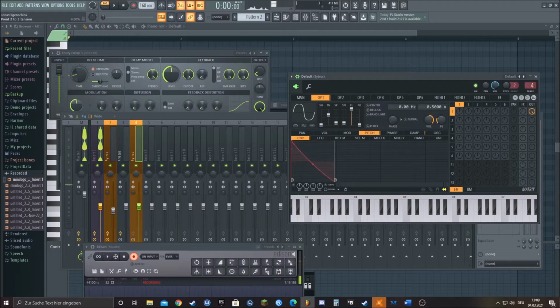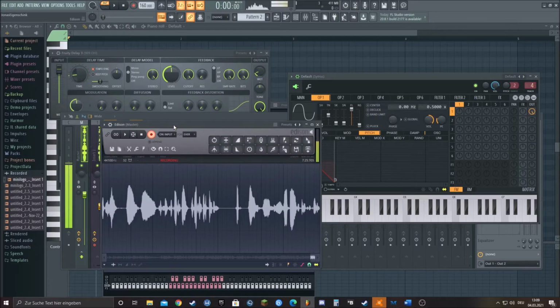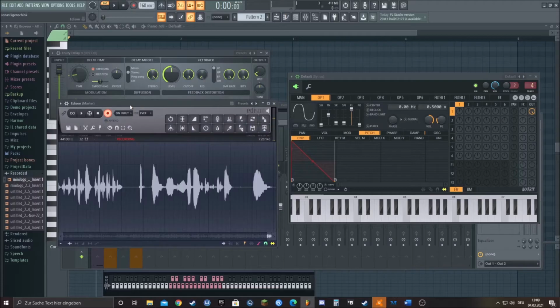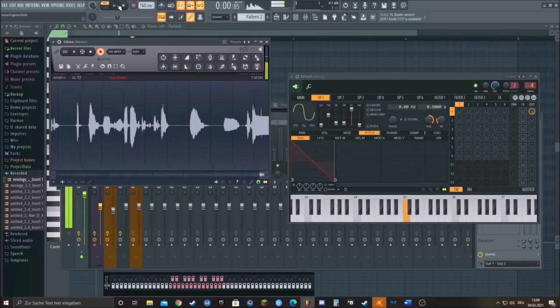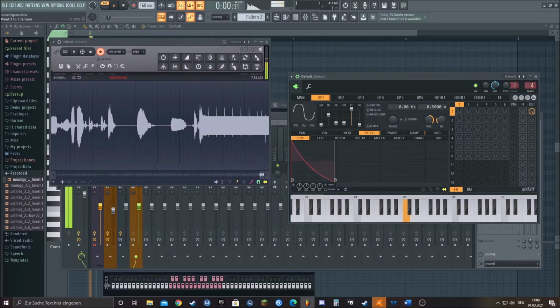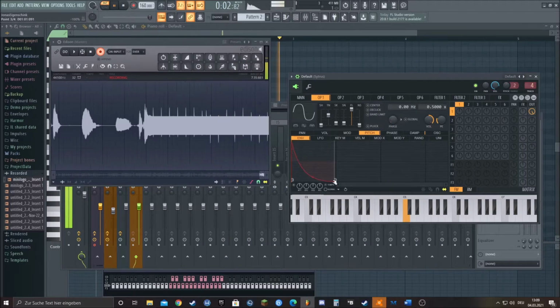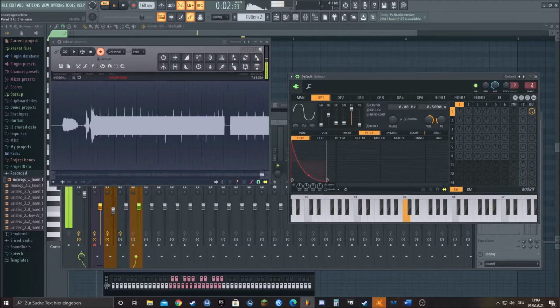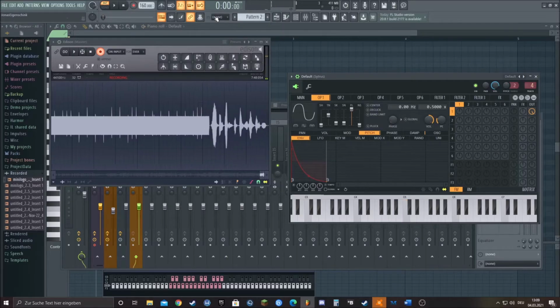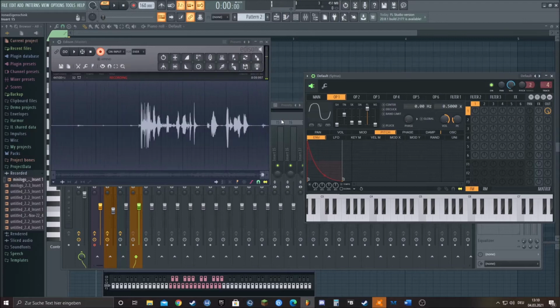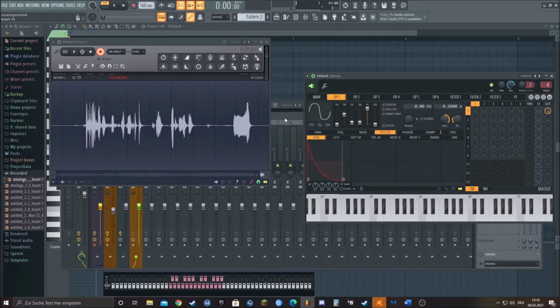And so pull this down, and we're just gonna play this kick and see how far we can actually pull this down and how it sounds. Yeah, I think that's probably where we want to be, somewhere around there. Right. Now,